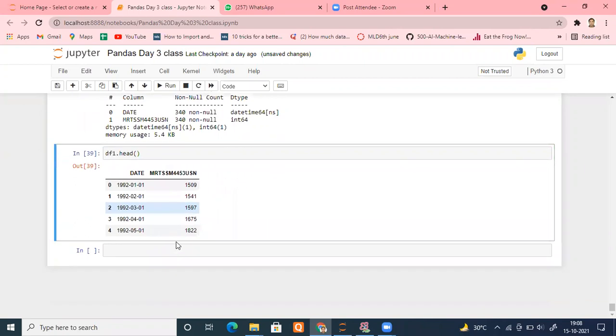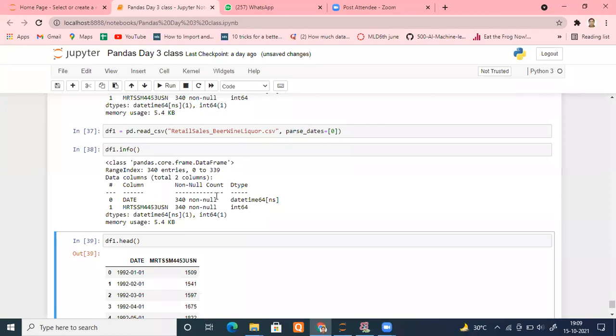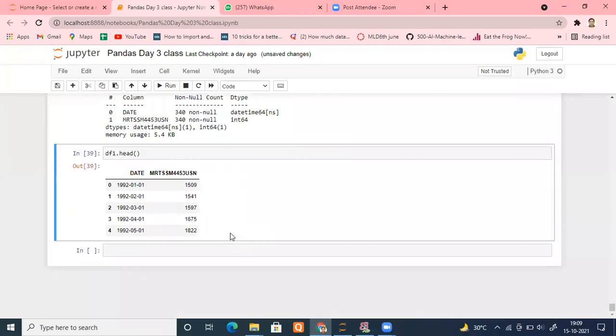Perfect, date and time. Now suppose I ask you to show me just the rows corresponding to 1992, only 1992, nothing else. Here the column values are something like 1192, 1293. How will I extract 92? Once you have converted into datetime, now you can do it in a fraction of a second.